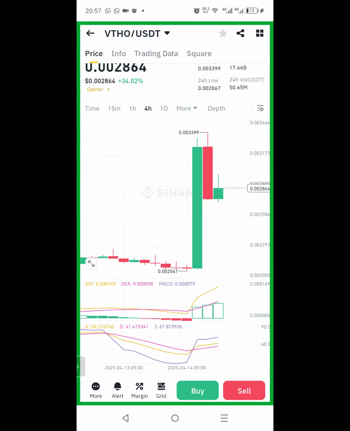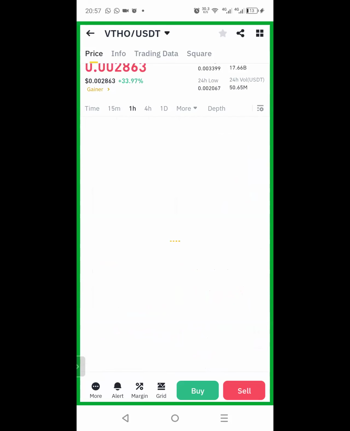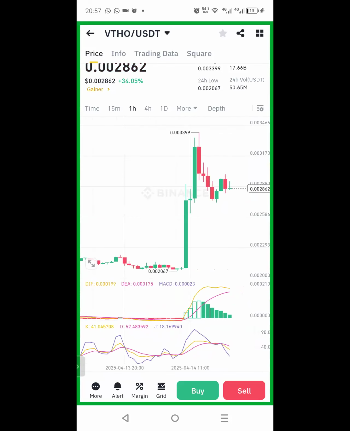So that day I just checked the 4 hours. I didn't check the 1 day. As I checked the 1 hour time frame, it indicated that this coin had fallen a little and that it would move up soon. So I was happy that day, okay, let me enter this trade, this trade might deliver very quickly. I just entered the trade, not knowing that on the 4-hour time frame and 1 day time frame, the coin had already pumped and reached the resistance level.